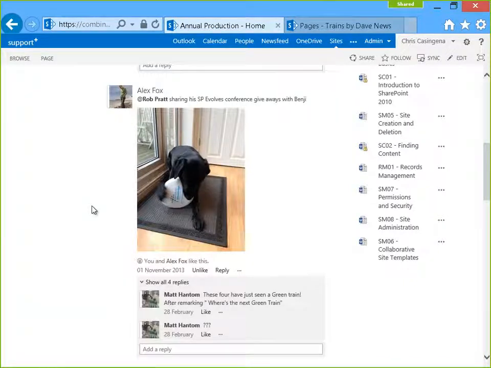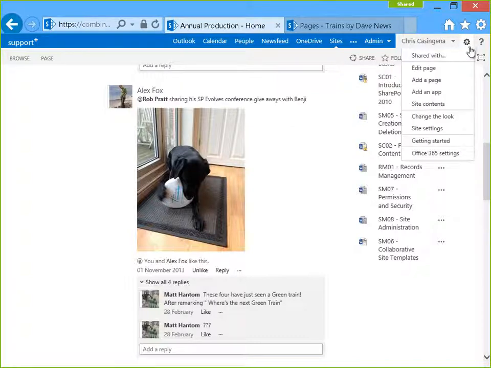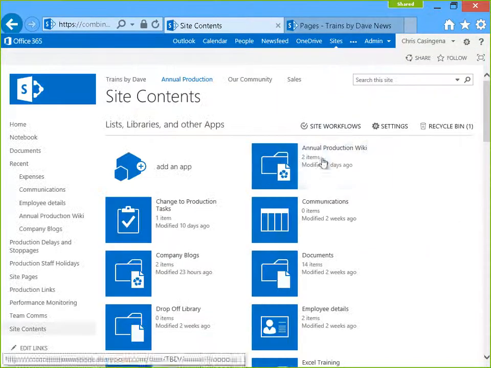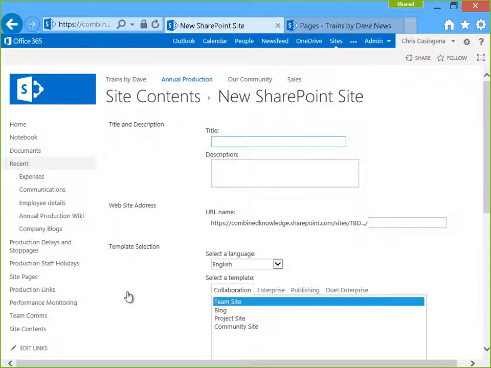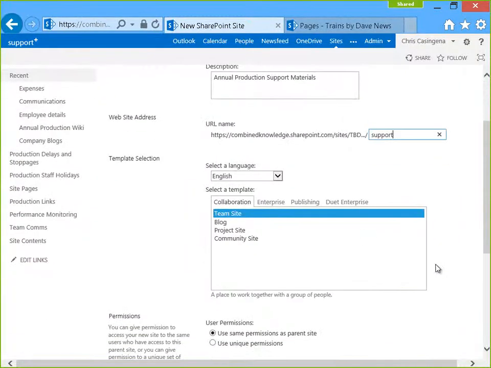If I was interested in creating a new site and I had site owner permissions in a SharePoint site, it's very quick for me to go into the Site Contents menu in SharePoint and choose to create a new subsite. They're very quick to set up, and I can just say, for example, support team, description, annual production support materials. URL should always be nice and short, so I'm going to put in support,